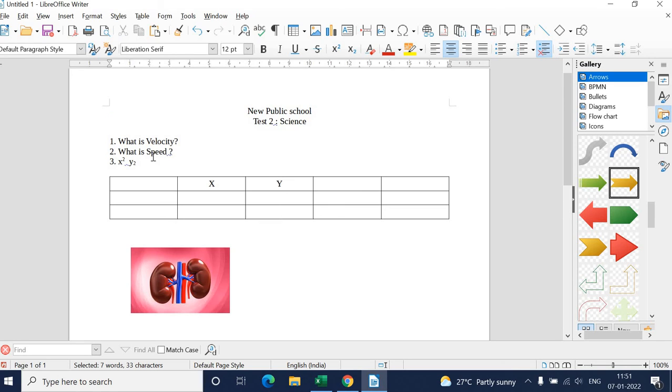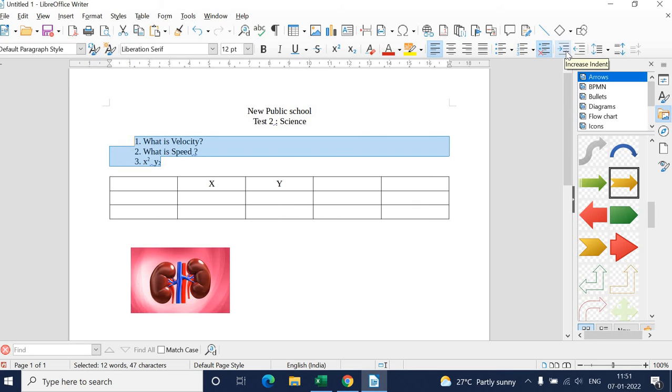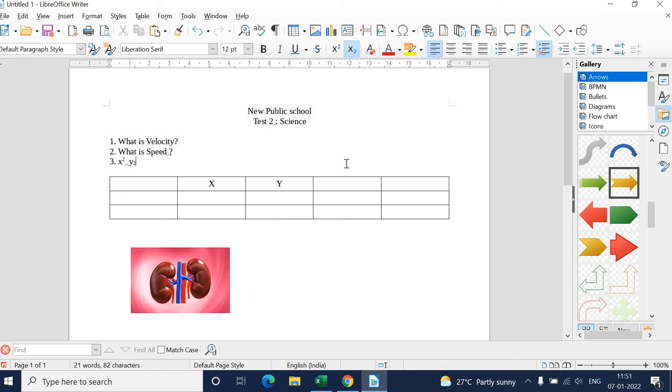If you want to move either side, you can move selectively. You can move like this. You can move like this. So this can be done. So it is quite comfortable for teachers to draft the question paper using this Libra Writer, and you can save it. A lot of things are available. Once you start using it, you'll come to know this.